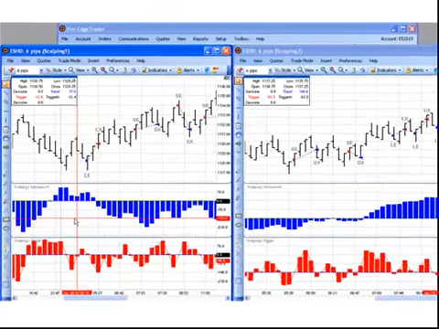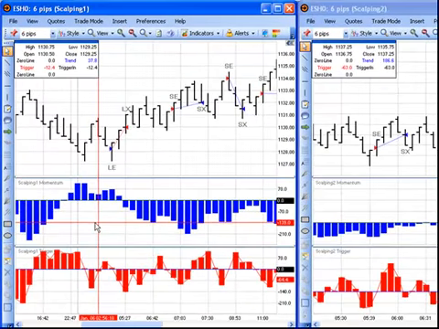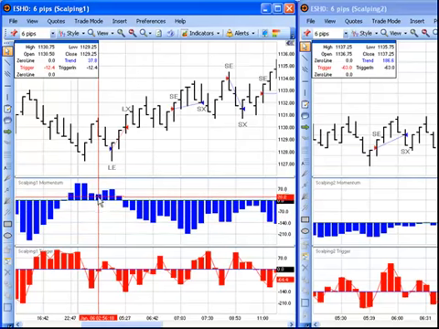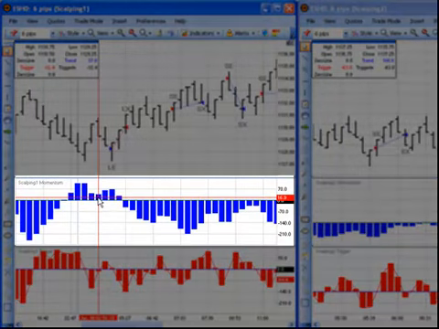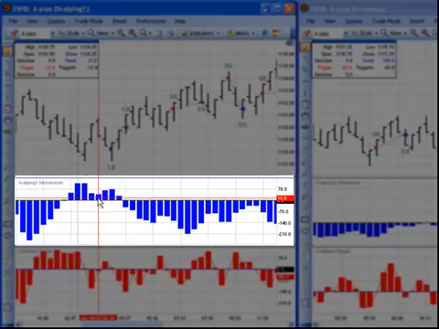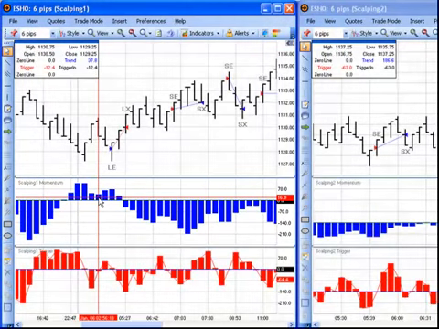Let's go over the trading rules for the scalping one strategy so we can figure out how to spot long trades. The first rule for this trading strategy is to look at the scalping one momentum indicator, and that's this blue indicator here. And the rule is we need this indicator to be above zero for long trades. It doesn't matter how far above zero, all we need is it to be above zero. We just need a positive value. So if the scalping one momentum indicator, which is blue right here, if this is above zero,